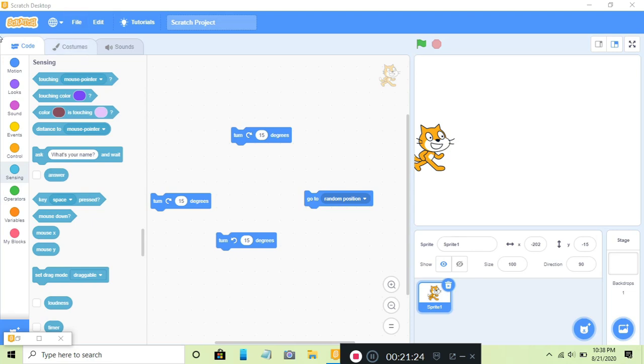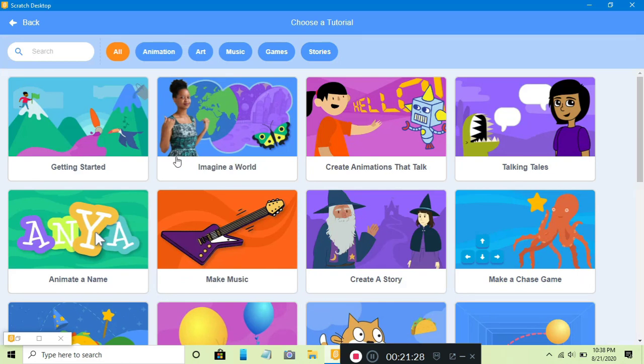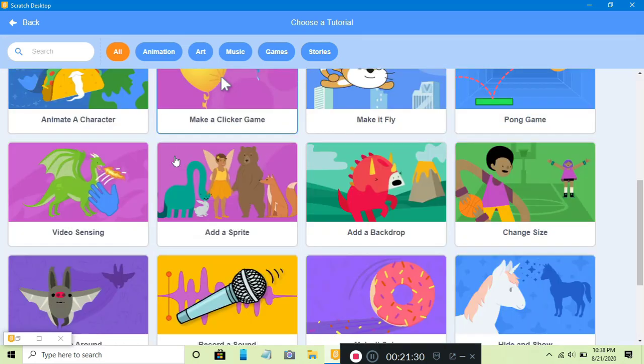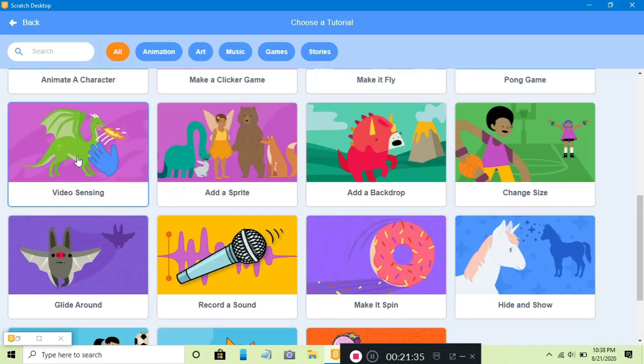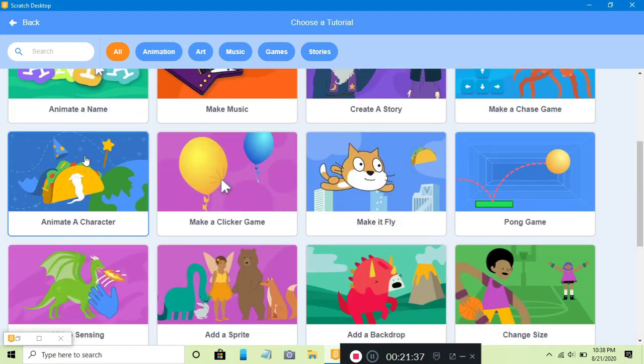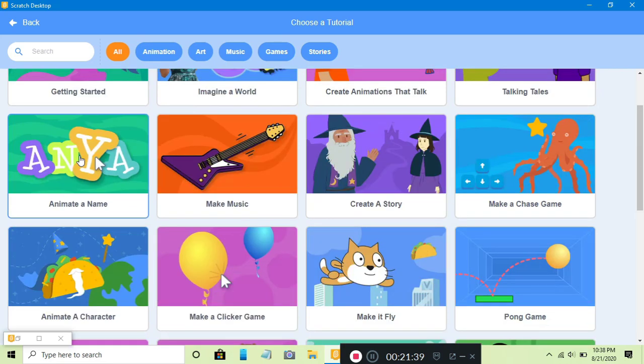You can find these events if you go to the tutorial, and these are the events which can help during coding to make it more attractive.